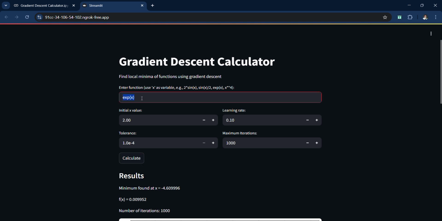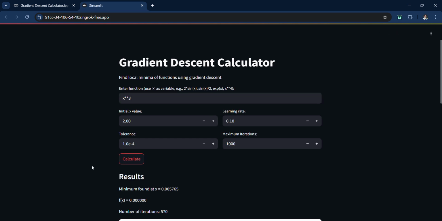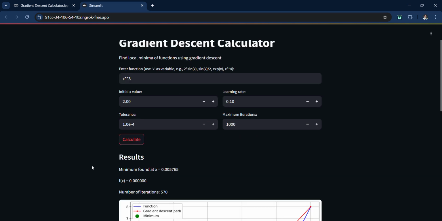So for example, x cube with the learning rate of 0.1, with higher degree function, with greater learning rate.